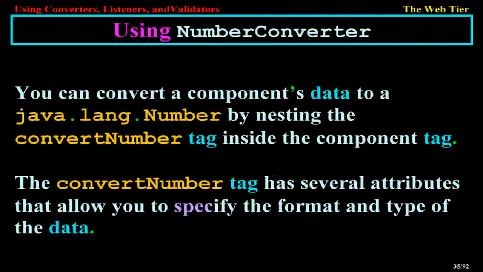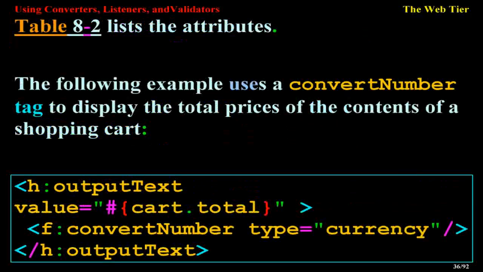Using the number converter, you can convert a component's data to a java.lang.Number by nesting the convertNumber tag inside the component tag. The convertNumber tag has several attributes that allow you to specify the format and type of the data. Table 8-2 lists the attributes. The following example uses a convertNumber tag to display the total prices of the contents of a shopping cart. h:outputText value="#{cart.total}", f:convertNumber type="currency",